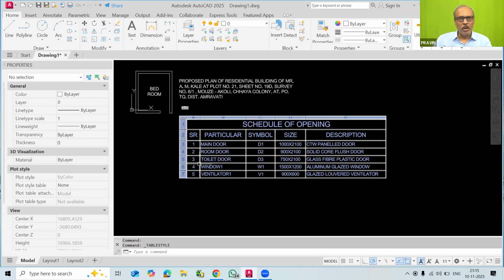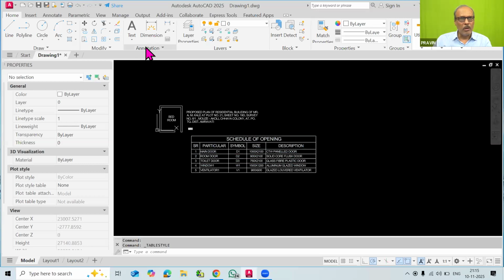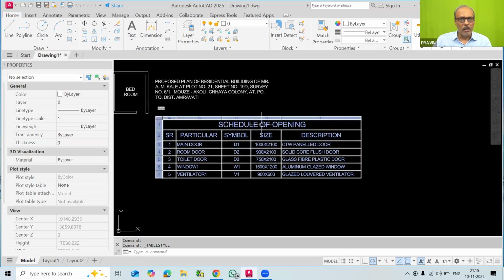So now whenever you are drawing a table, it will be automatically drawn with that copy of the table style. So there you will get the automatic height of the font, proper font, size of the table, and all that thing you can make clear. So I hope that you have very well understood using the table style in AutoCAD.